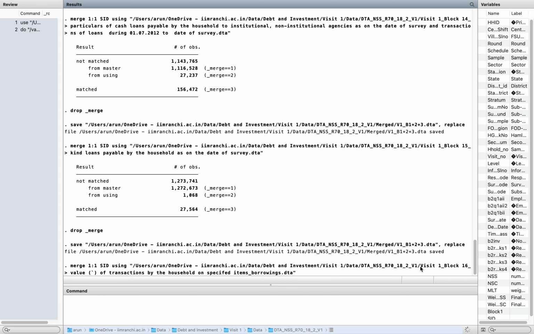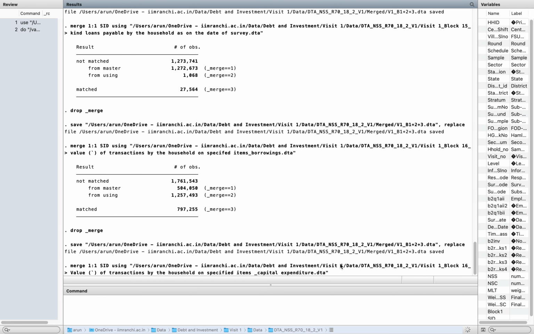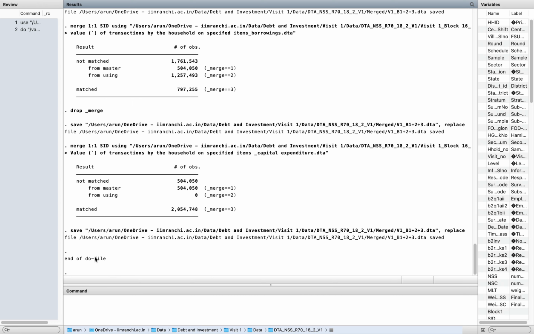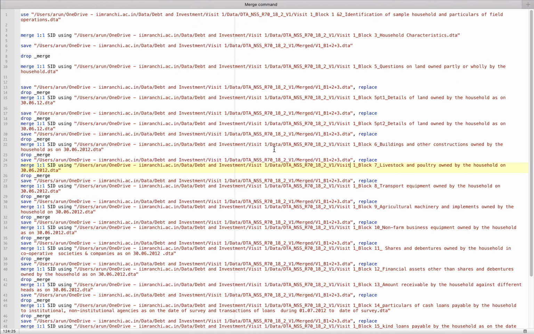This way all the blocks go on. Finally this is block 16, and after that there are no more blocks. It will take time because the observations are increasing so much. Okay, end of the file means the entire do file has been executed, and there was no error.